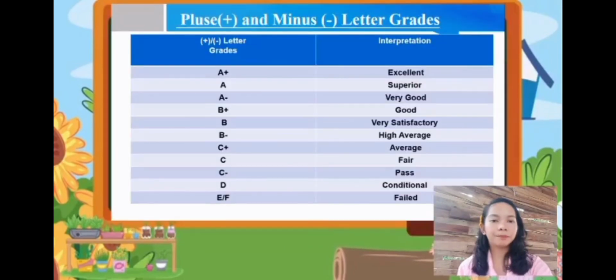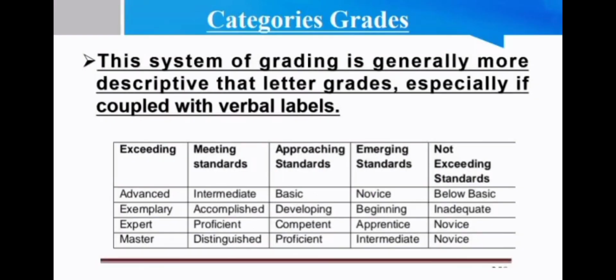Then, proceed naman tayo sa plus and minus grading. It is acquired for all undergraduate, graduate, and professional courses using the A to F letter grading system. The letter grades A, B, C, and D have the suffix plus or minus, including the distinguished higher or lower performances. Categories grades. This system of grading is generally more descriptive than letter grades. Yan yung